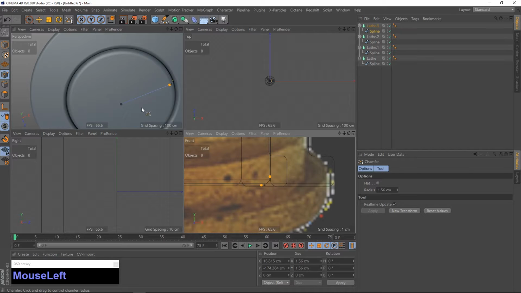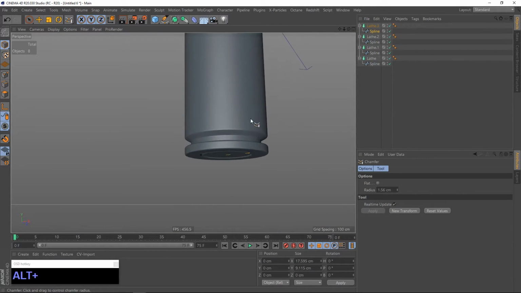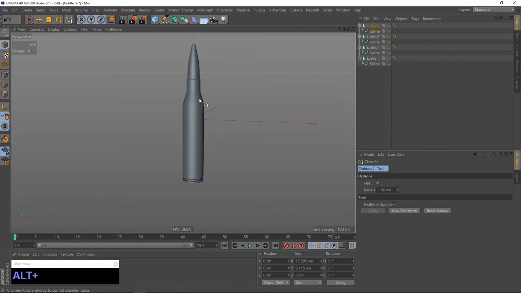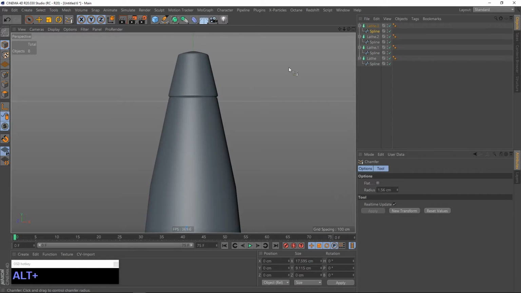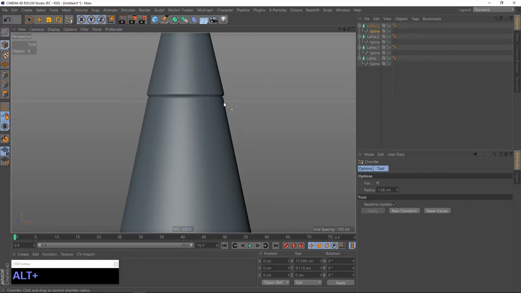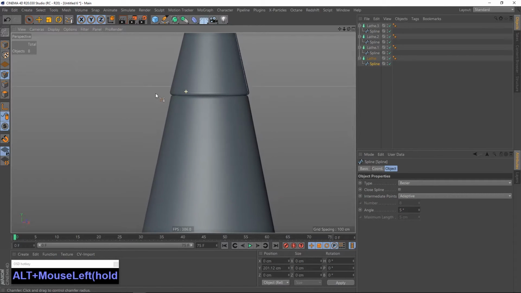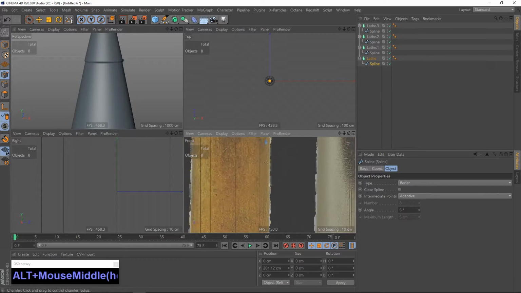Yes, get this. It's looking very good now, and we got ourselves a bullet. And that's basically it. So maybe we can adjust some things here. You see this, this is not aligned perfectly here, so we can just go to this spline, click on points, and just maybe go to the front view again,